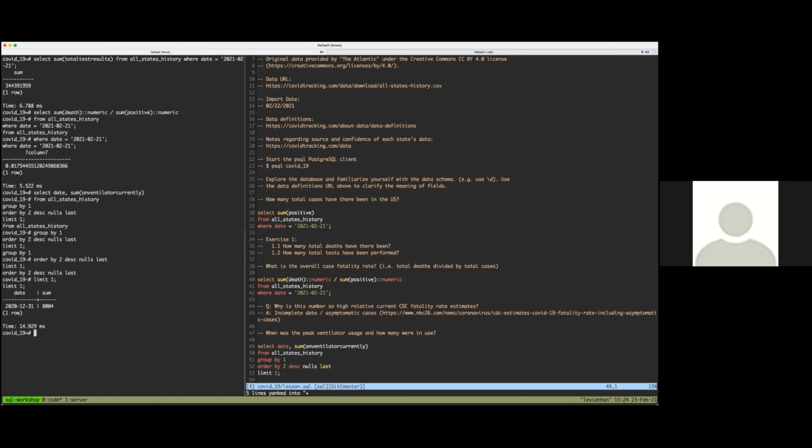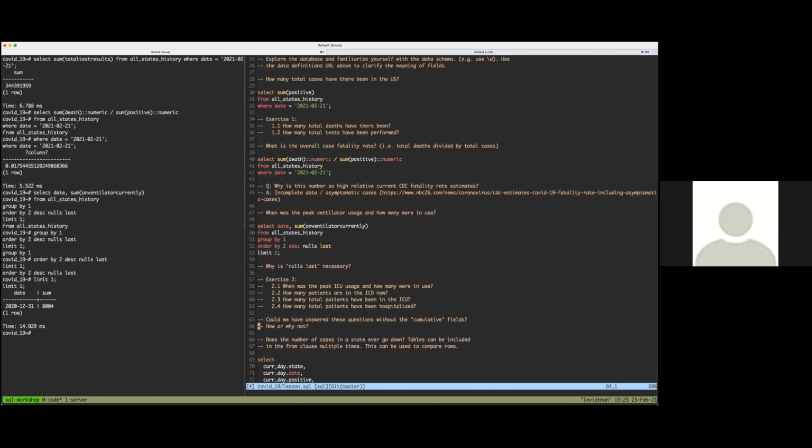Now, you'll notice a little bit of new syntax there as well. We had the group by one, order by two. That is a new thing. In both of those cases, this is a way of just saving us a little typing. So when we say group by one, we are telling it group by column one, or in other words, group by date. And when we say order by two, we are telling it order by that sum on ventilator currently,